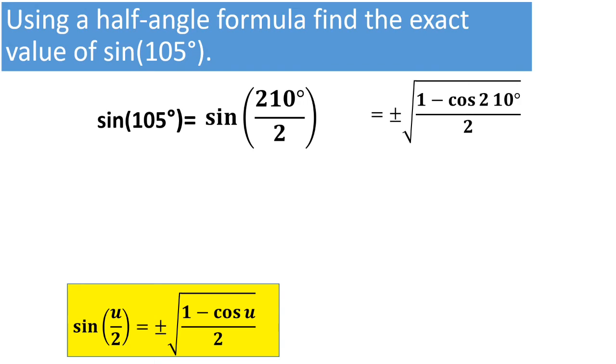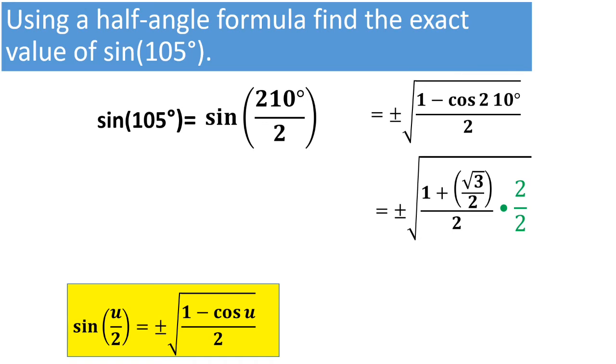Next, we want to evaluate the cosine of 210 degrees. So we go to the unit circle at 210 degrees, and the answer to cosine is the x-coordinate. The x-coordinate at 210 degrees is negative square root of 3 over 2. We now have a fraction within a fraction, so to simplify, we multiply the numerator and denominator by 2. Multiplying the numerator by 2 and the denominator by 2, we get